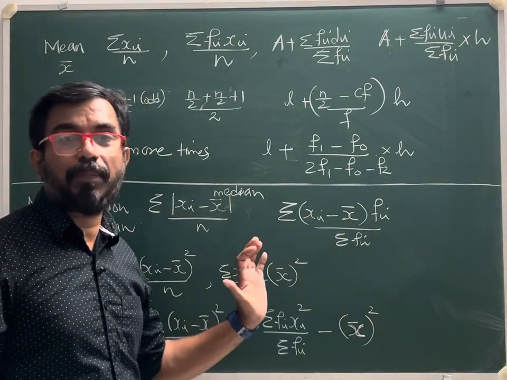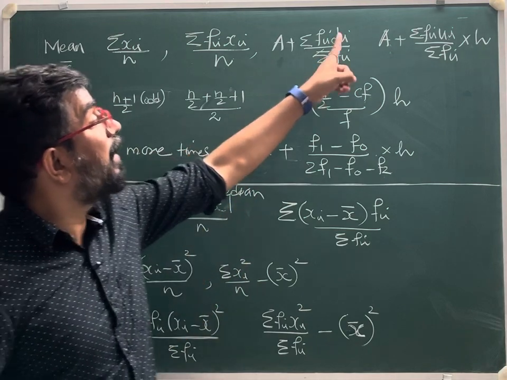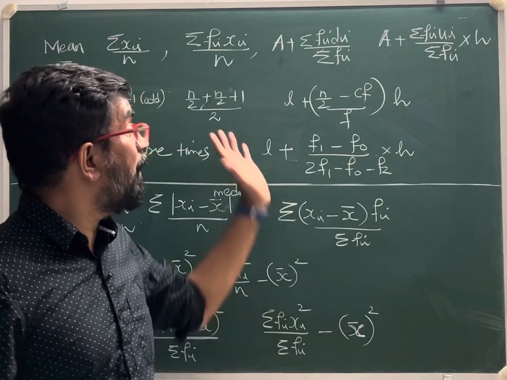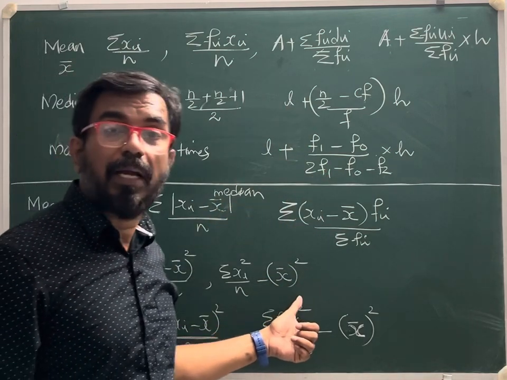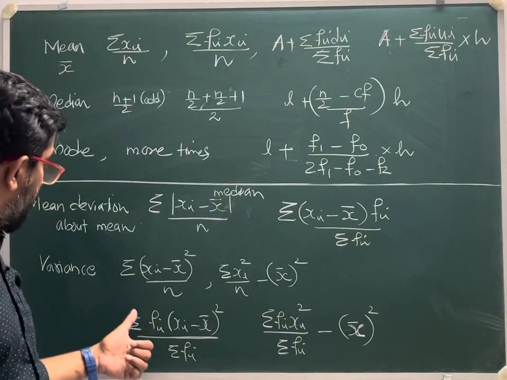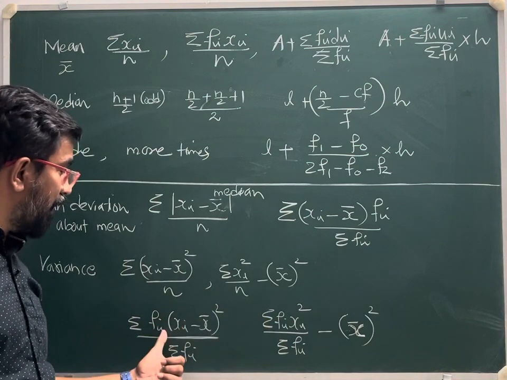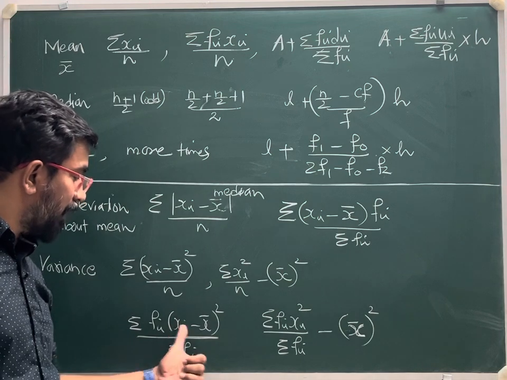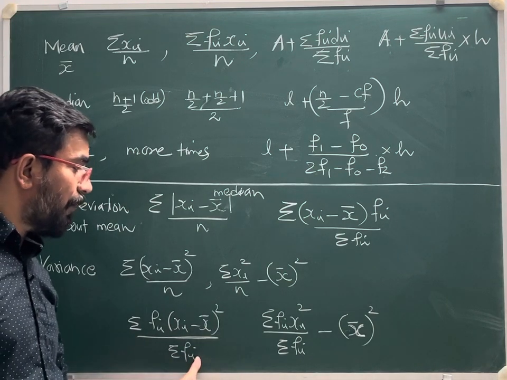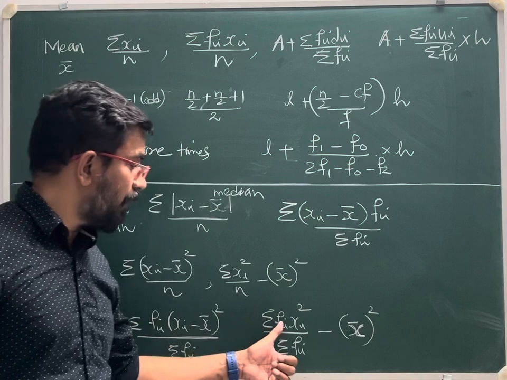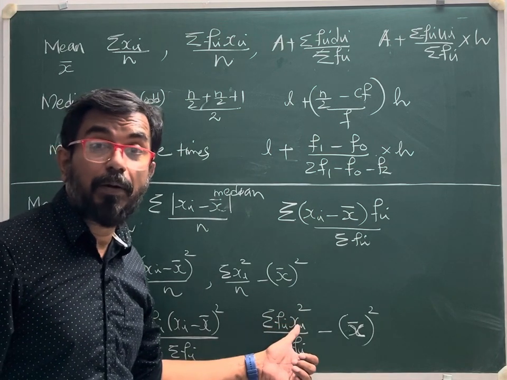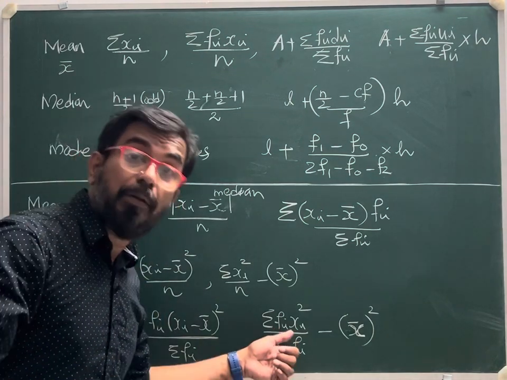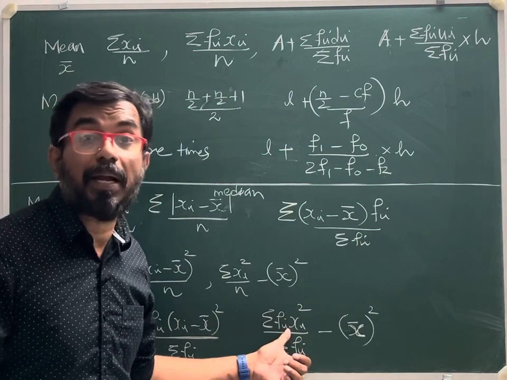how to go about it if it is reduced data. Reduced means the shortcut method, like di, ui, where you reduce the data with the help of an a and so on. Then how to change, I will tell you. And here, if there is frequency, in addition you have to multiply by Fi. That's what I meant: Fi into (xi minus x bar) the whole square, by sigma Fi. Or in the shortcut method, you make an xi column, an xi square column, then an xi square into Fi column, that you have to add